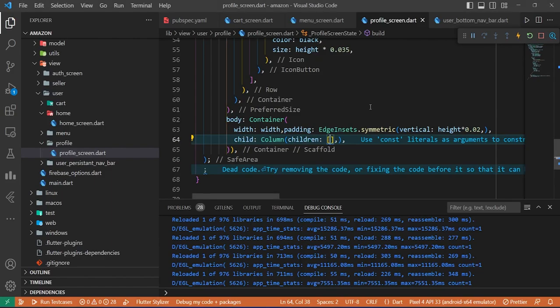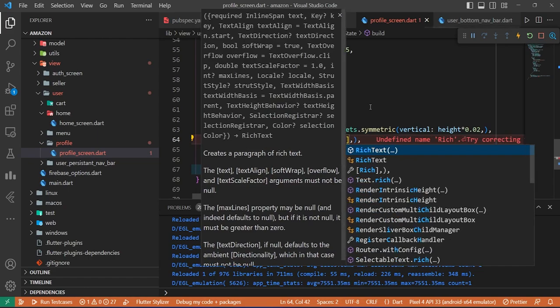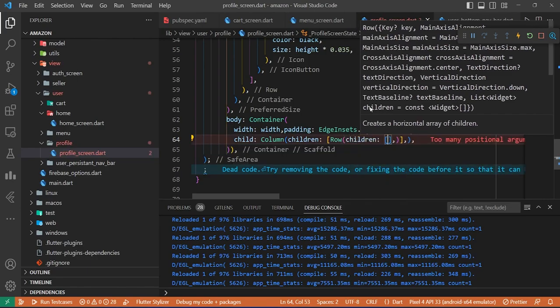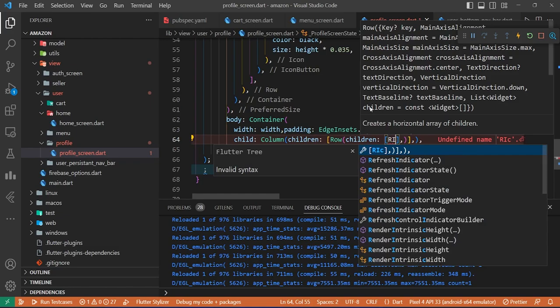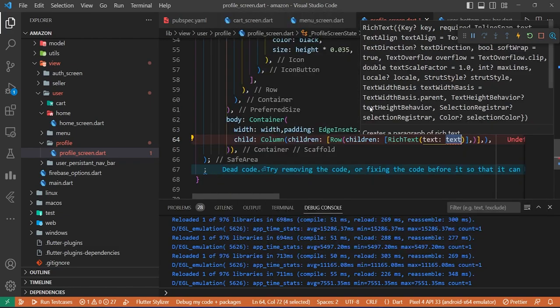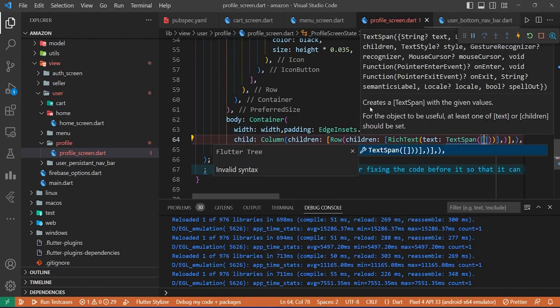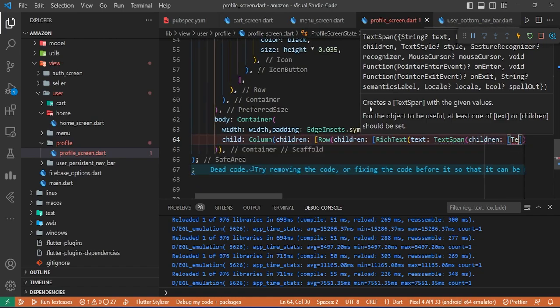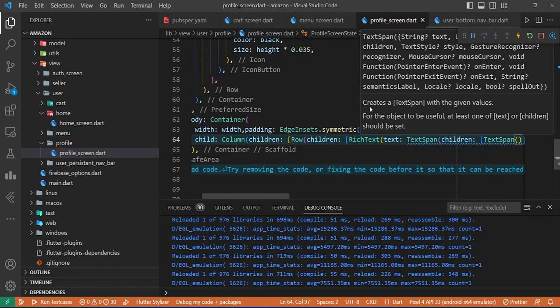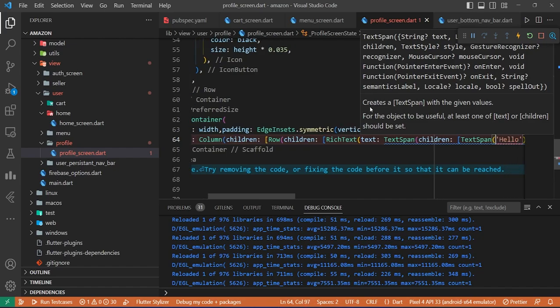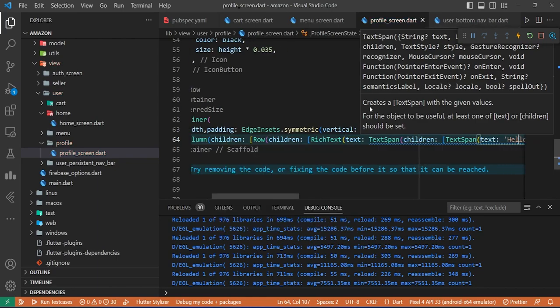So first goes a row, and the children are gonna be rich text, and here it will be children, and then here will be text span, and the text gonna be hello,